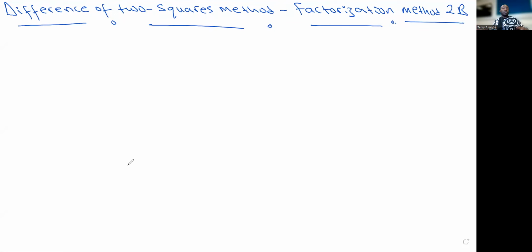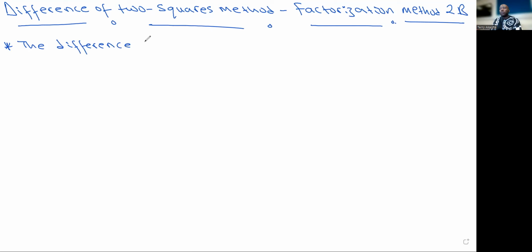All right, so the difference of two squares is basically a method of factorizing used when an algebraic expression includes two square terms where one is subtracted from the other. So I'm going to just write it down here, for those of you that are writing, so that you can have something to write. So the difference of two squares,